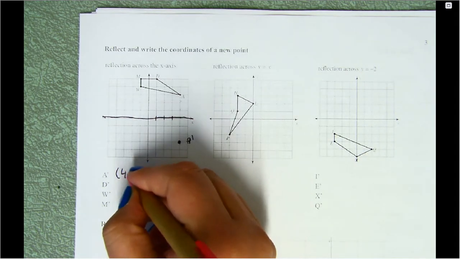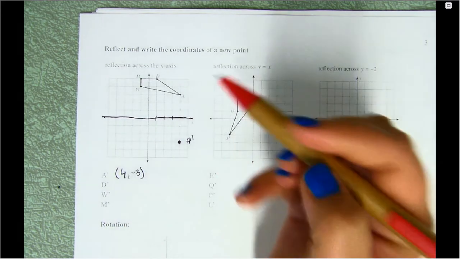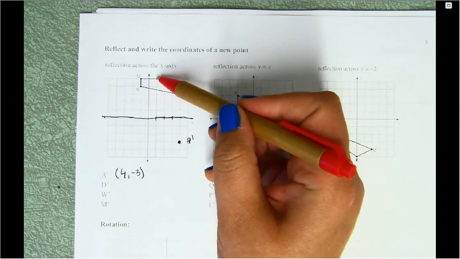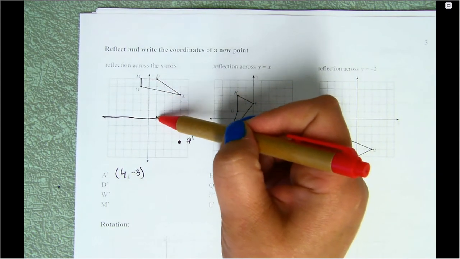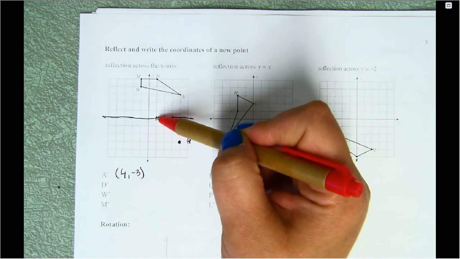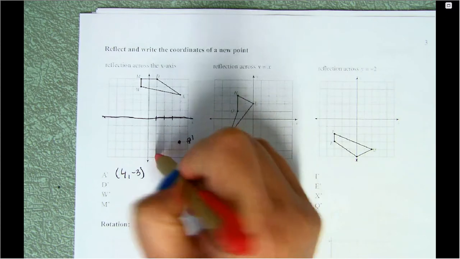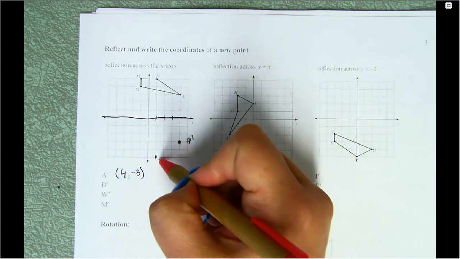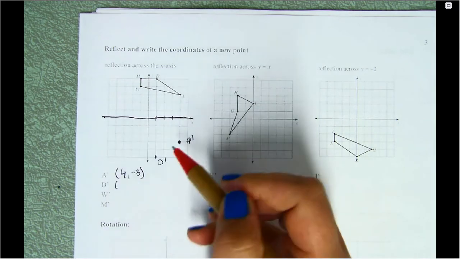So it's 4, negative 3, my point A prime. Okay, D. D is 1, 2, 3, 4, 5 units away from the line of symmetry. This is where my D prime is. And that point is at,